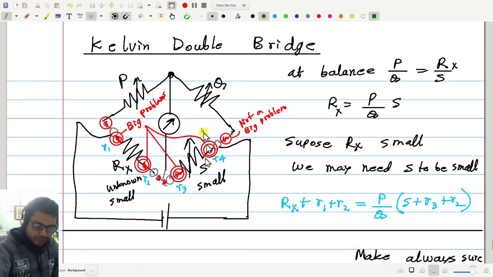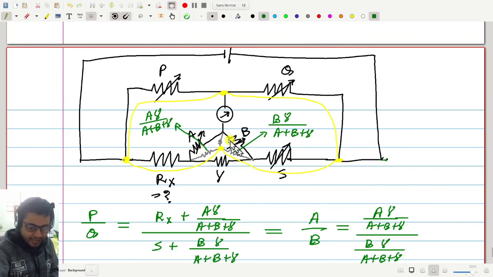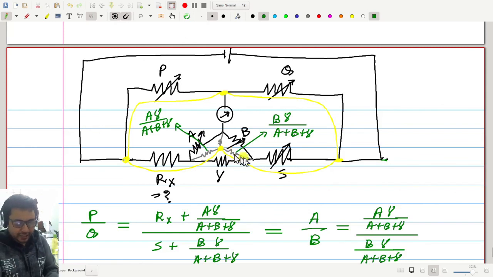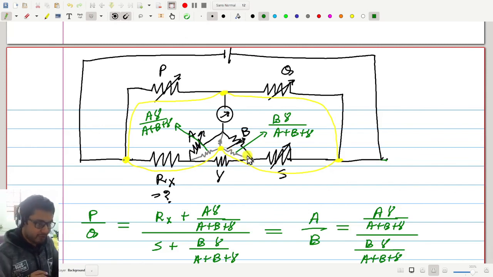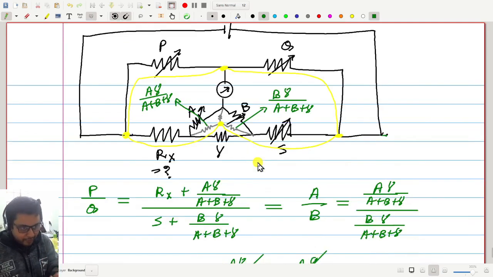To solve this problem, we will modify this bridge where we will use 4 terminal resistances, and there naturally this delta formation will come. That will come naturally from the way we make the circuit. And then to simplify that, we will convert that into delta. That we will see tomorrow. So today the story is not complete. The interesting part is not done yet. But just remember one thing, that we have derived a balance equation for this bridge that we will use tomorrow.